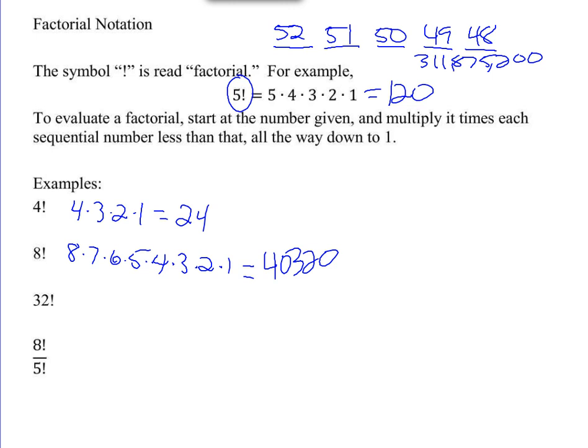So for 32 factorial, we wind up with 32 times 31 times 30 times, we wind up with times 3 times 2 times 1. So I'm skipping over all the numbers in the middle. When you multiply all those numbers together, you get